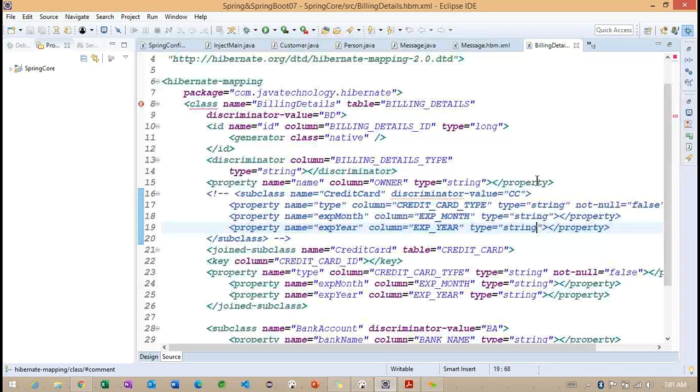Good morning, everyone. In the last class, we discussed the table for concrete class hierarchy, the table for class hierarchy, and in the same way the table for subclass. These are the three mapping inheritance strategies we identified in the previous class. Today we are going to work with simple examples.